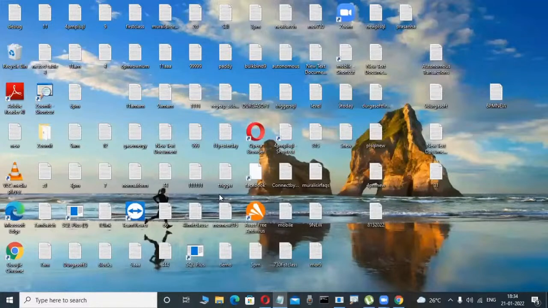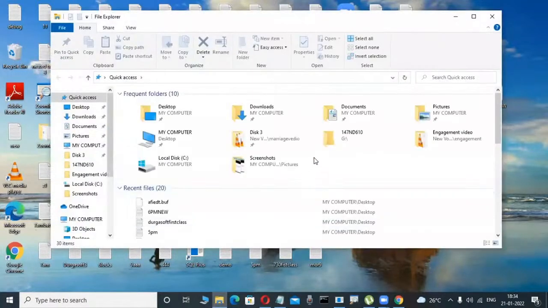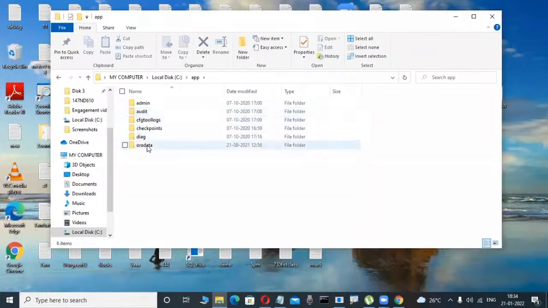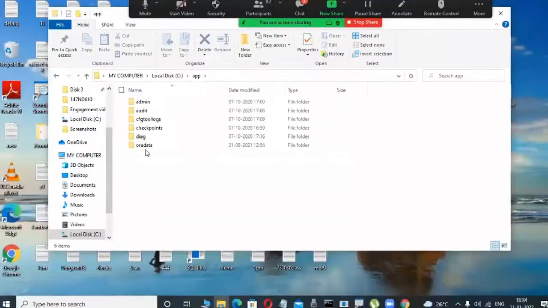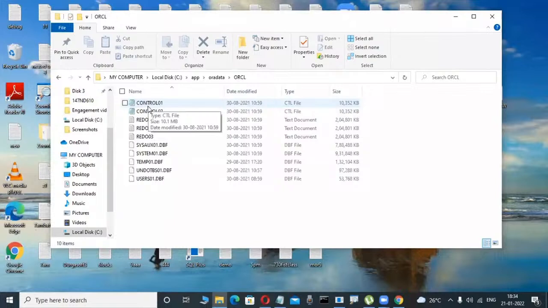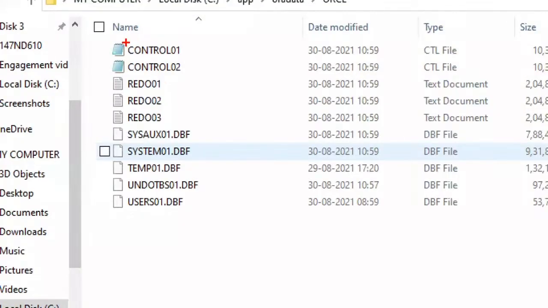Now I'm interested to see whether this table is created or not in my operating system. Suppose the Windows operating system is there, where Oracle is installed. In that location, I try to view, for example, in C colon, where Oracle is there. Those are all directories, don't worry. These are folders: Oracle, Oradata, ORCL. I'm observing only. I installed my Oracle software in C colon. In this Oracle software, here, anywhere